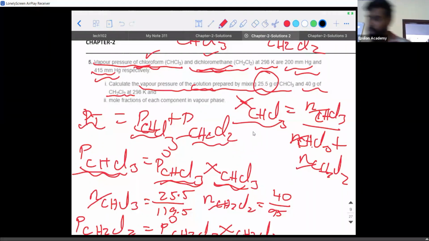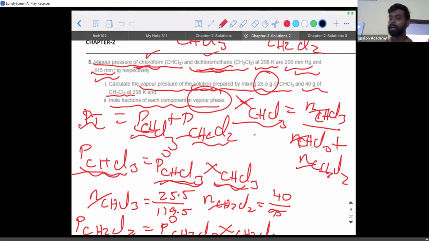Okay, now look at the second part of the question. Find the mole fraction of each of the components in vapor phase. What law do I have to use now? Dalton's law of partial pressure, is it not? Because they're using the term vapor phase. They're asking you what is YA and YB. This is exactly similar to the previous problem. Please do it and tell me the answer. At least get the idea of how to do the problem. Just go for it.